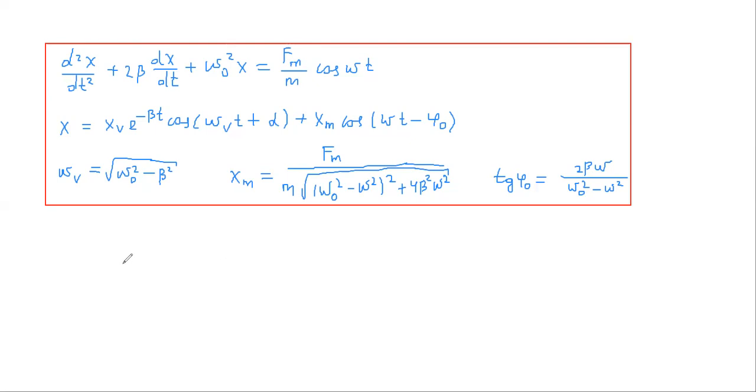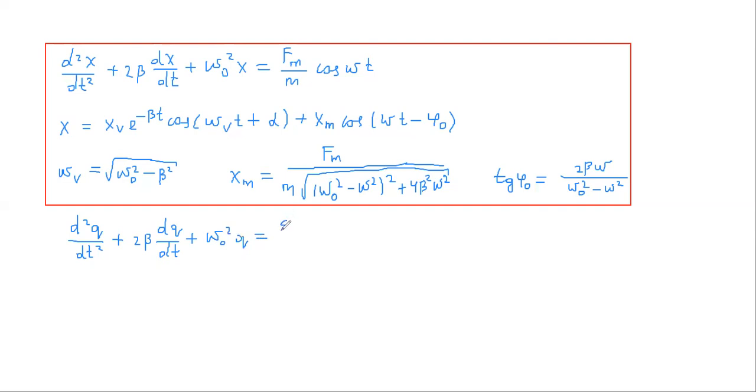As you can remember from our previous lecture, for electrical oscillations we have a very similar differential equation: d2q divided by dt to the power of 2 plus 2 beta dq by dt plus omega 0 to the power of 2 q